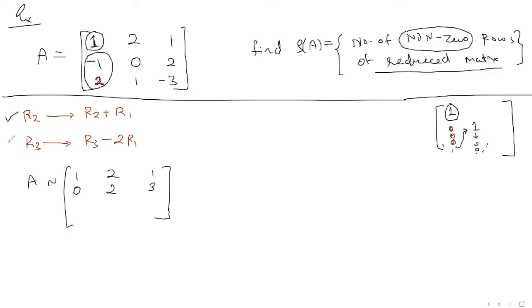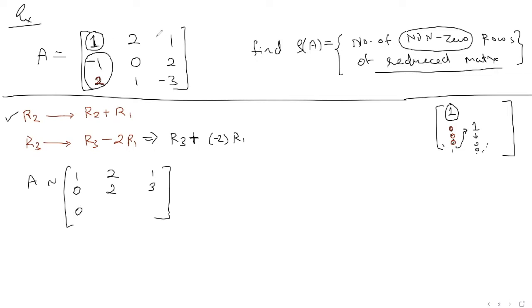Now we want to perform row 3 becomes row 3 minus 2 times row 1. If you want to do this operation, I recommend doing row 3 plus -2 times row 1. This just avoids a lot of mistakes. So instead of subtracting, you will add. Just do that and it will become a lot easier to solve. So when you multiply row 1 by -2, 1 into -2 is -2, and add it here. So -2 plus 2 will become 0. See, that's what we wanted. This was our goal, to make these two 0.